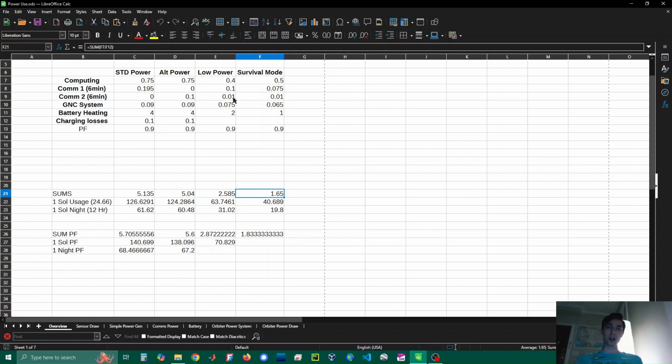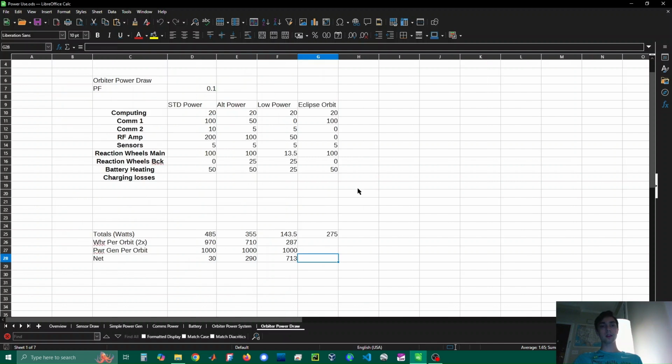And I'll be talking more about the battery selection probably next week. So, then the basic orbital module power draw. We're going with the same computing, COM1, COM2. We have an RF amp because our transceivers are not the main power source. And then we've got our GNC sensors, reaction wheels main, backup, battery heating, and charging